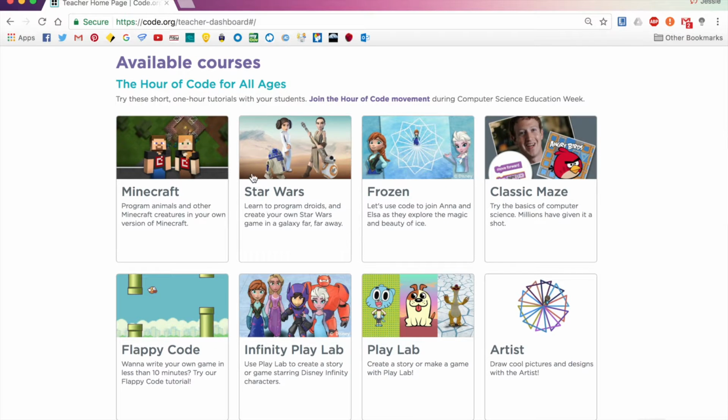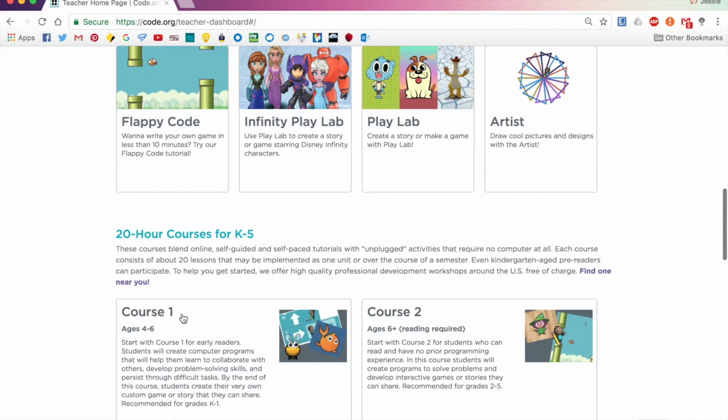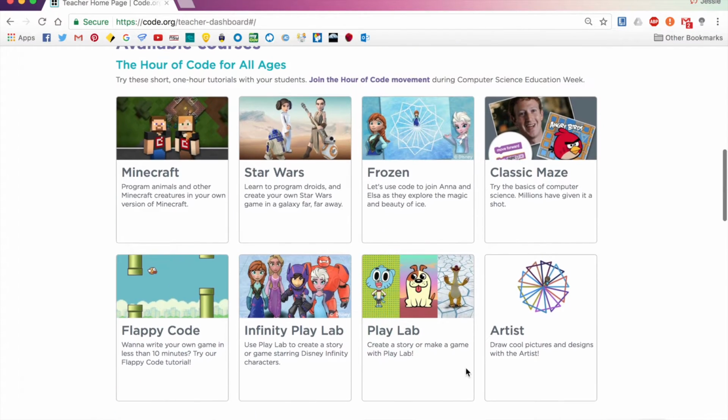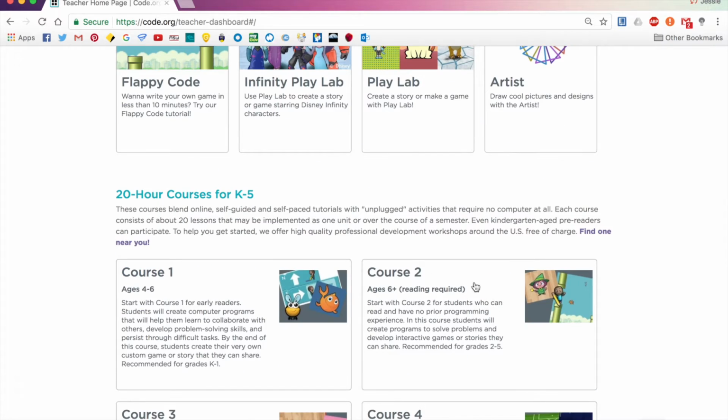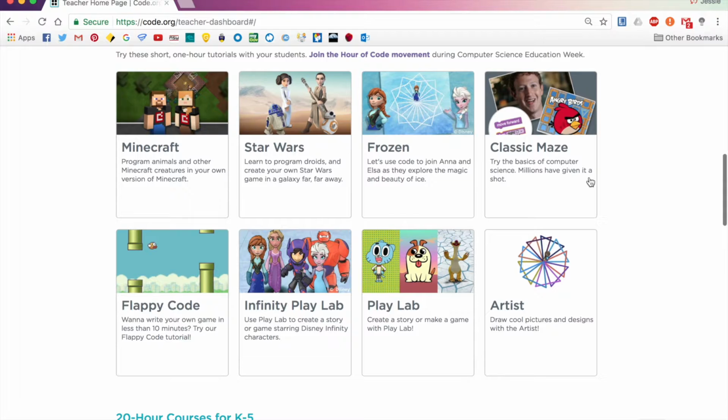What we can actually do is do these courses, so course 1, course 2 for example, in a setting such as maybe Frozen. Some of the students might really like Frozen and they can actually have that set up, for example, all the games with Frozen-like characters. They can also do that with Star Wars, Minecraft. It's quite interesting to see how the students respond to this because the graphics are quite cool and they seem to enjoy it.